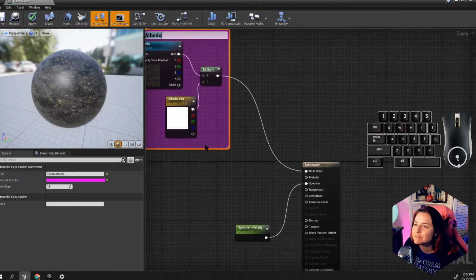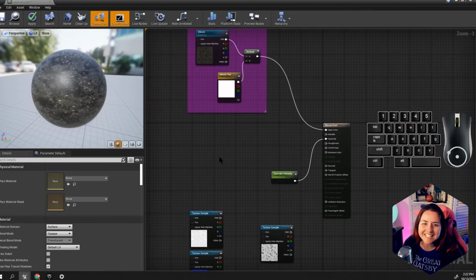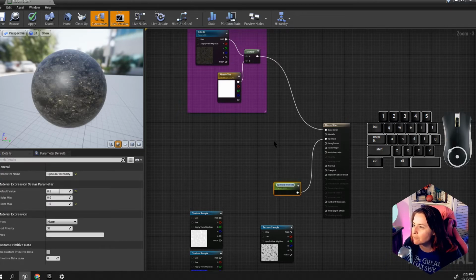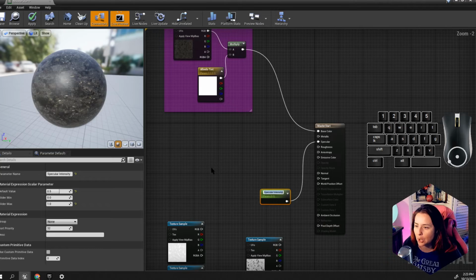And I'm like, ooh, pretty. Just like that. Yay. All right. So I made some room now for my metal map. So metal. I'm gonna use the